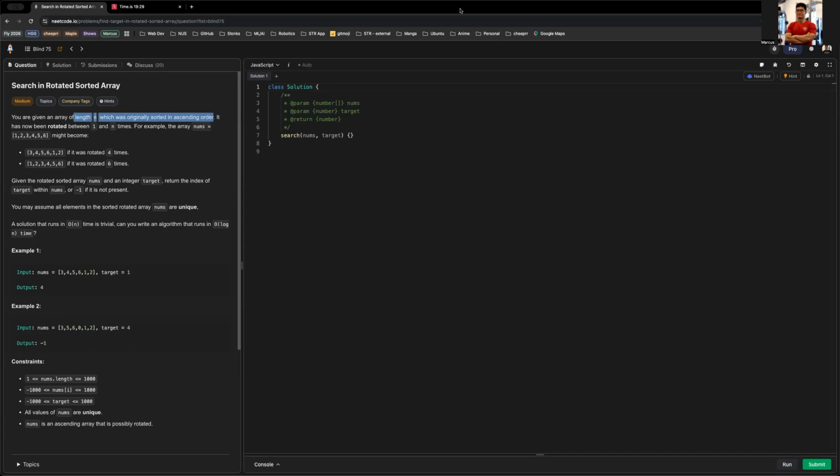And it has now been rotated between 1 and n times, meaning if it's rotated n times, it's the same array, right? So this is rotated 4 times. This can be rotated 6 or 0 times. Given a rotated sorted array nums and an integer target,